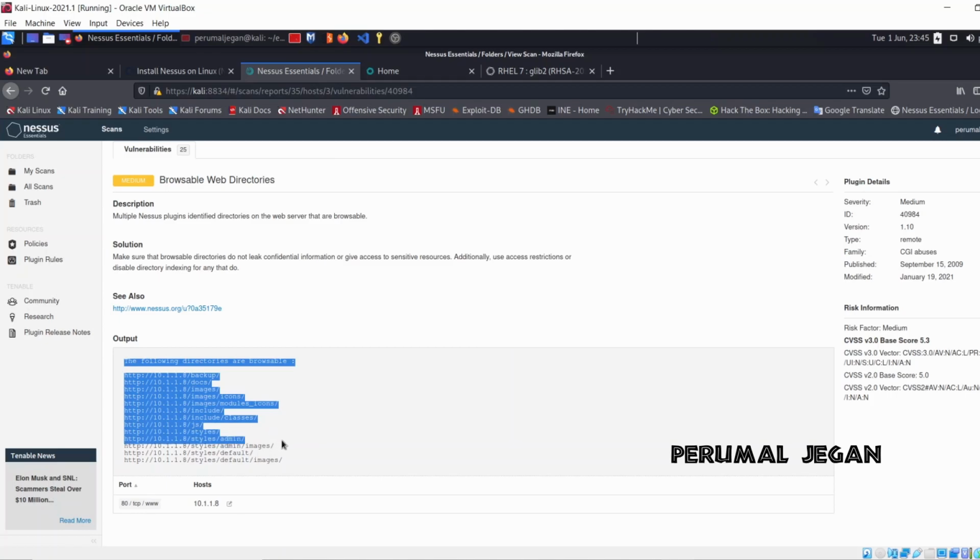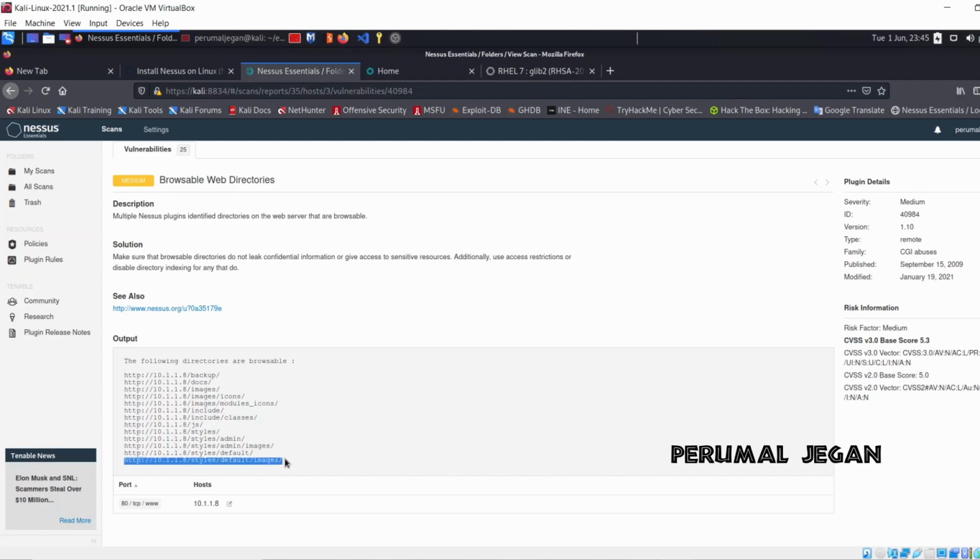In the output, it also gave the list of directories. So we no need to use dirbuster, gobuster to detect the hidden directories. In the vulnerability scanner, it already displayed the list of hidden directories. So we can explore these directories and we can try to find any confidential data or developer notes or something